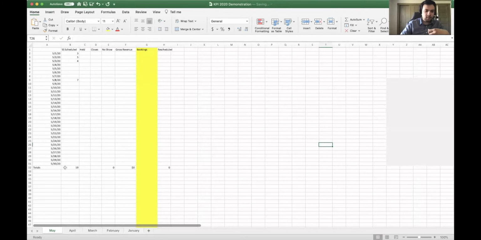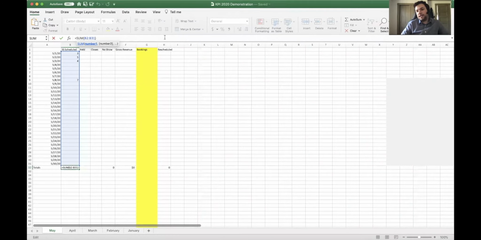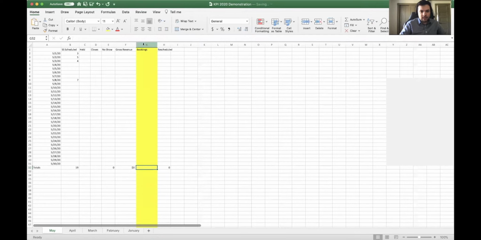Now, this is not purely limited to being able to add up all the cells within a range. You can add addition and subtraction to this. And so I'm actually going to show this using my bookings thing. Now, the reason I have this highlighted is because I want to demonstrate the math equation here. So with my bookings count, I set goals every month. I want to get a certain number of bookings across the entire organization. I want to count the ones that are scheduled for a given day, but I don't want to double count